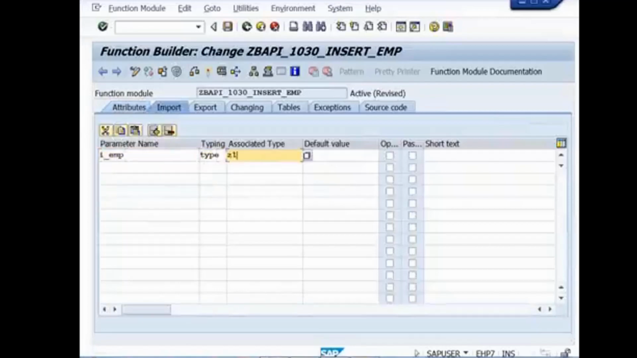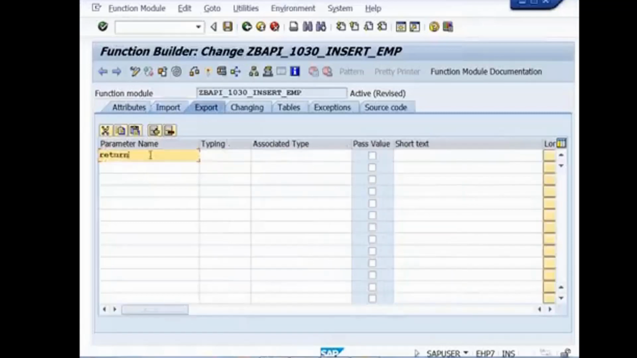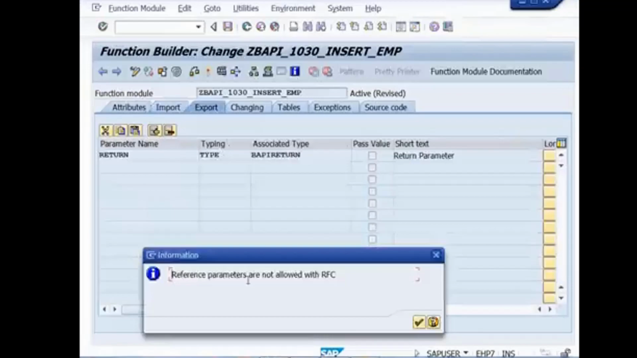Type. What is our table name? Z1030 EM. Understood? So can I call it a work area? Yes, it is referring to a table, so it's nothing but a work area. Done. I have to pass by what? Value. Pass by value. Done. Then I'll take the export parameter, Return, type BAPIRET2. Okay. Reference parameters are